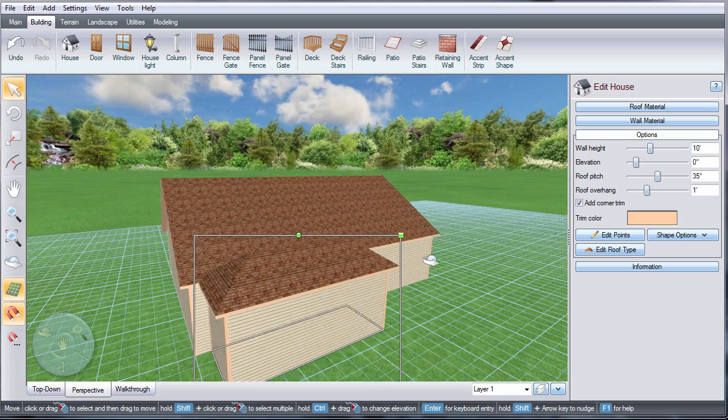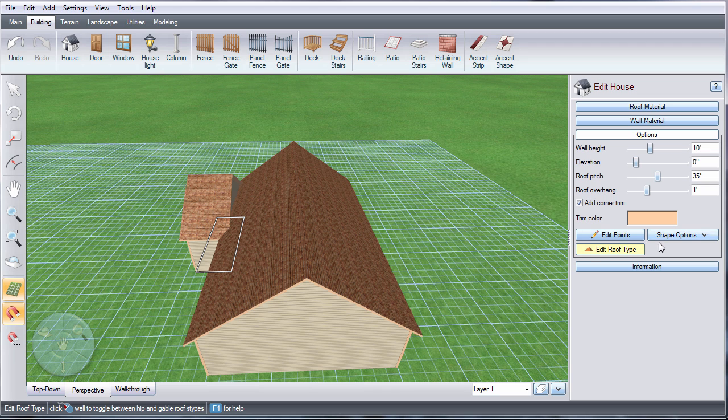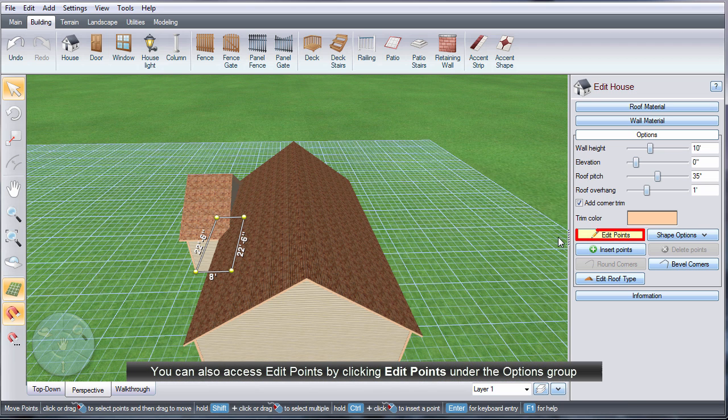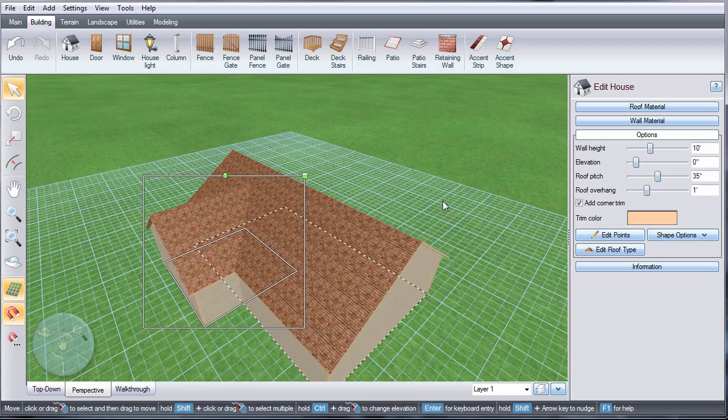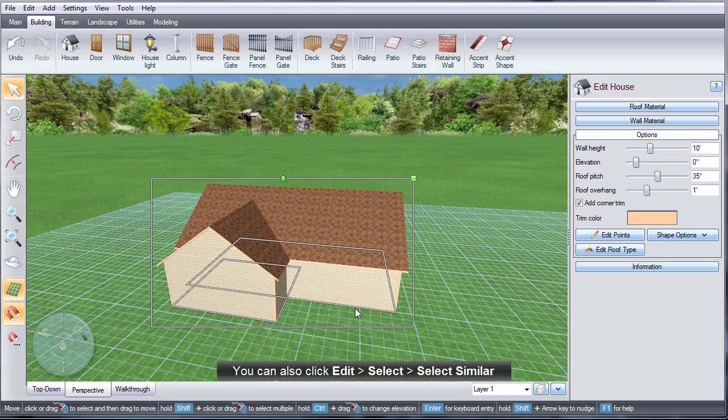I'm going to give it a gable so it blends into the house. And then press the E key on your keyboard to select and edit points. Drag it out, hit Escape or E again to finish. I'm going to select the house, press the L key on my keyboard to select Similar, and then I'm going